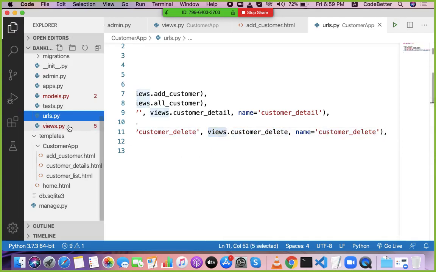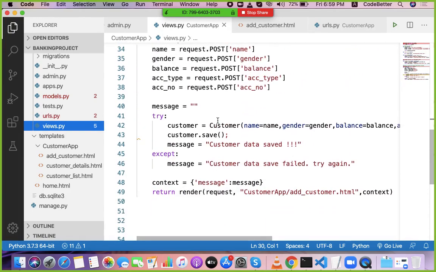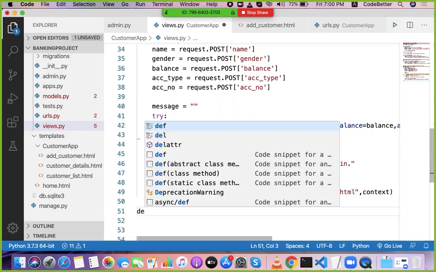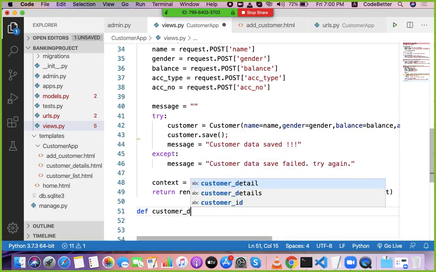So let's go to views.py and here let's create a function customer underscore delete.